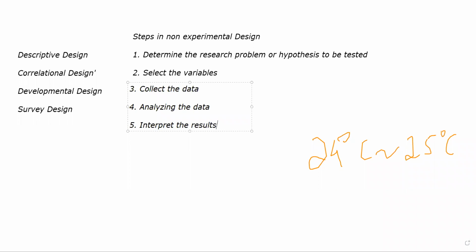Now, in non-experimental data, conclusions of cause and effects are much weaker compared to experimental research, because in experimental research you have much stricter conditions altogether. Because there is randomization, there is control, there is manipulation of variables. वो पूरा रहता है, तो आपको जो डेटा भी आता है, रिजल्ट्स आता है, वो ज्यादा अच्छा एक्सप्लेन करते हैं what is the cause and effect between variables. In non-experimental design, you will not see as strong a cause and effect, especially because you are not able to manipulate variables. You are not able to manipulate independent variables, especially. Okay, so those are the 5 main steps that are involved in non-experimental design.